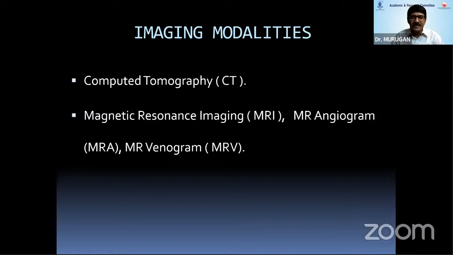To start with, the imaging modalities: about a decade or so back, it used to be CT scan. Now, as far as neuro-ophthalmology is concerned, the only investigation of choice, if at all, in most situations is MRI. And the newer advances like MR angiogram and MR venogram, which as we know are non-contrast studies, have really given a lot of ammunition to the imaging capabilities in the present day.